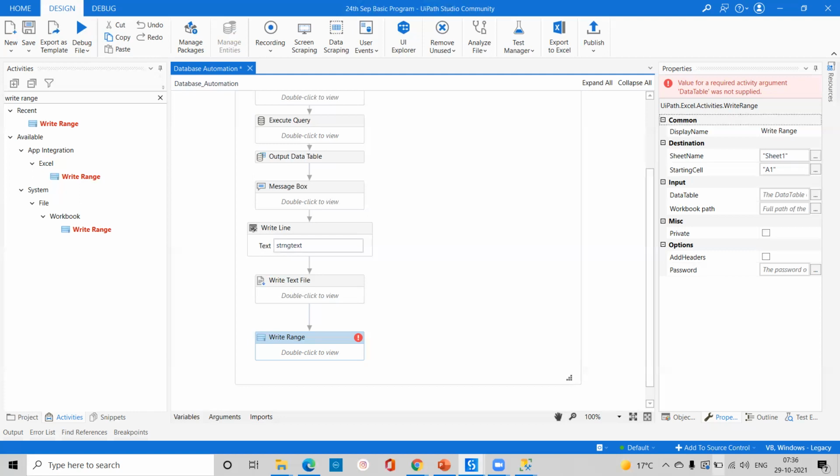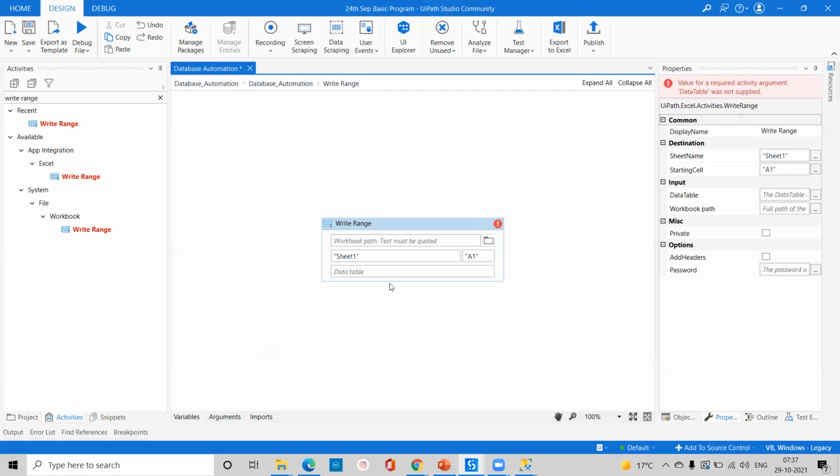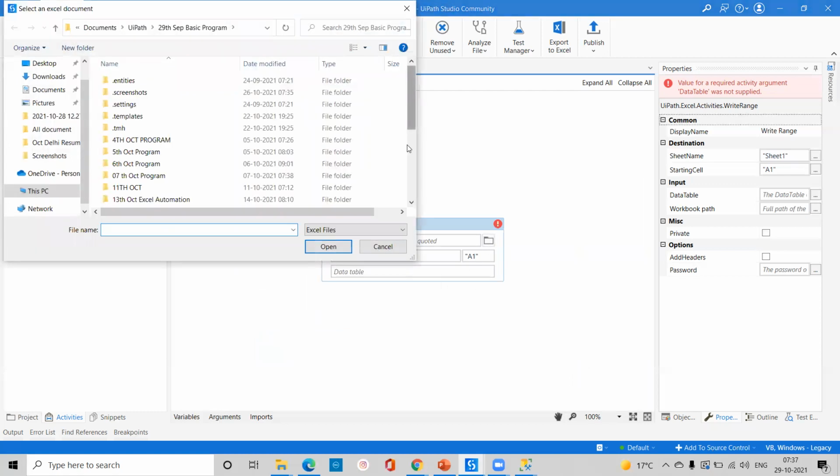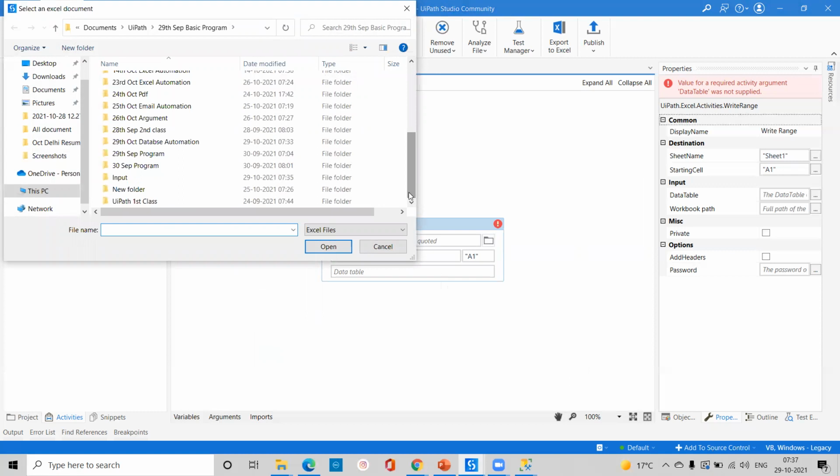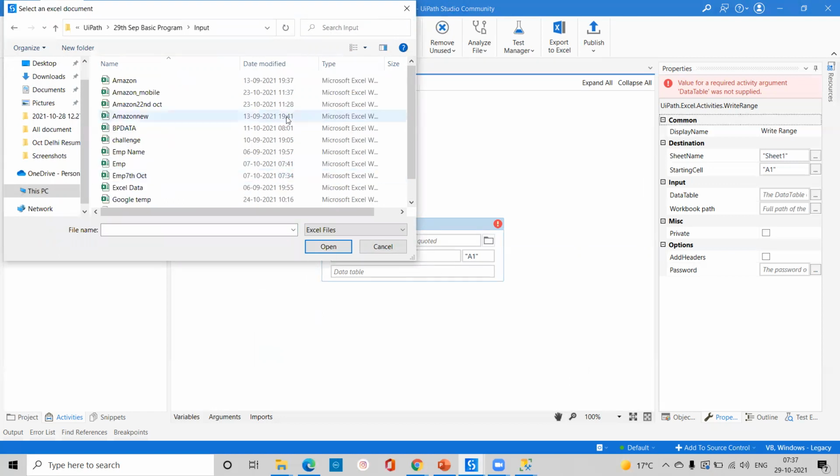So in write range also, we'll do the same thing. It's asking where you want to write the Excel sheet. I want to write in your input folder. So you will go for the input folder, and after that I will change the name.